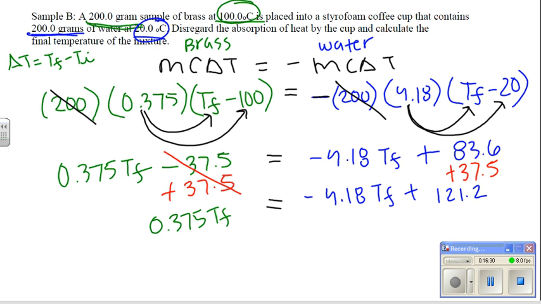Okay, next I want to get all of the TFs on the left side. So I'm going to add 4.18 TF to both sides. Now, if you want to combine those two steps I did in red, I am perfectly okay with that. But the first time I'm showing you, I want to show every step as possible, okay? So then I have a total of 4.556 TF